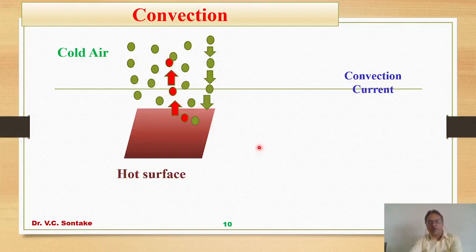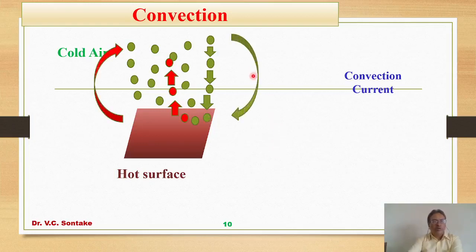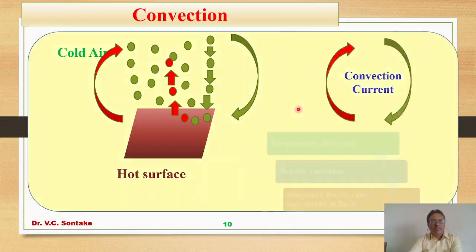These are the two very important observations. So the downward movement of cold particles and upward movement of hot particles is called convection current,